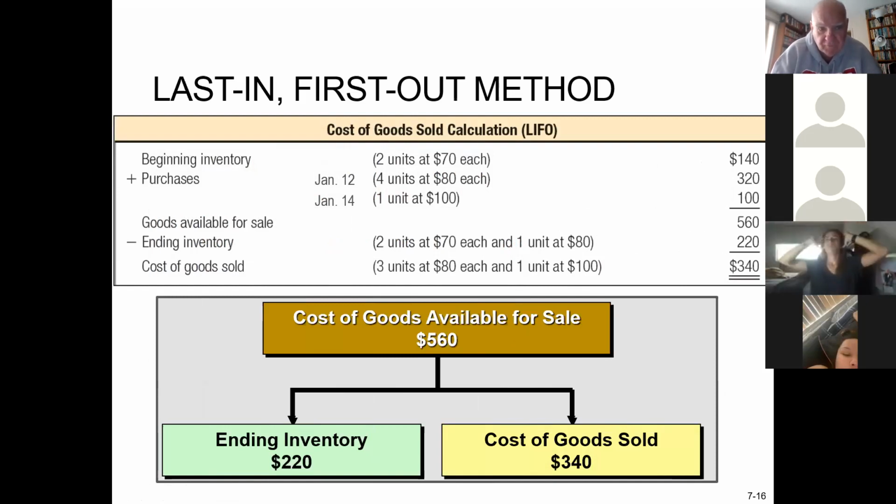Look at your ending inventory. Hey, Suda. Can you tell me, we now have 3 left in the inventory. Would you agree? Yes. Could you tell me which 3 are still in the inventory? That would be the oldest one from the beginning inventory, that's 2, and in the January 12th. All 4 of them? No, just 1 item. There you go. Good. You got it.